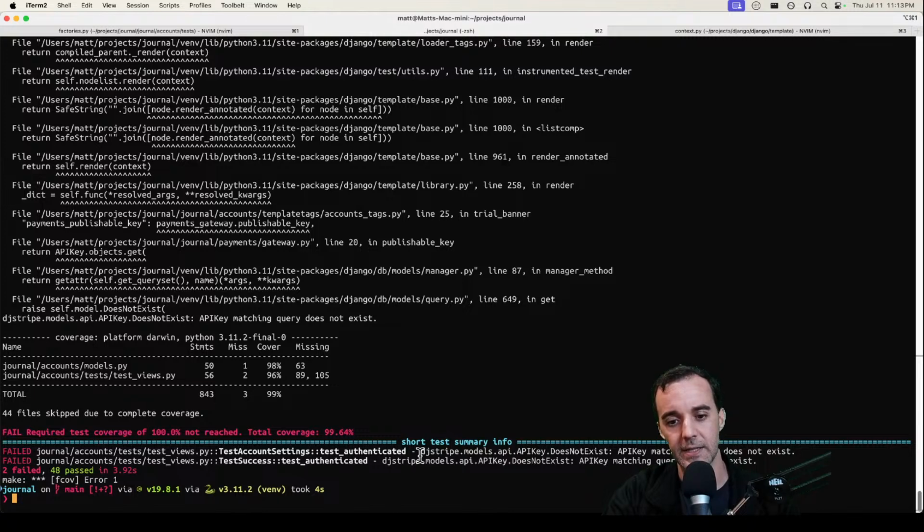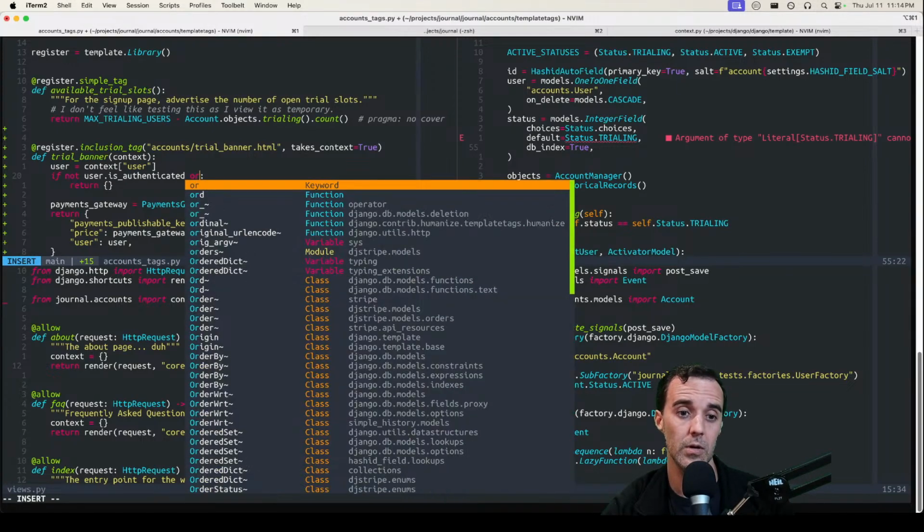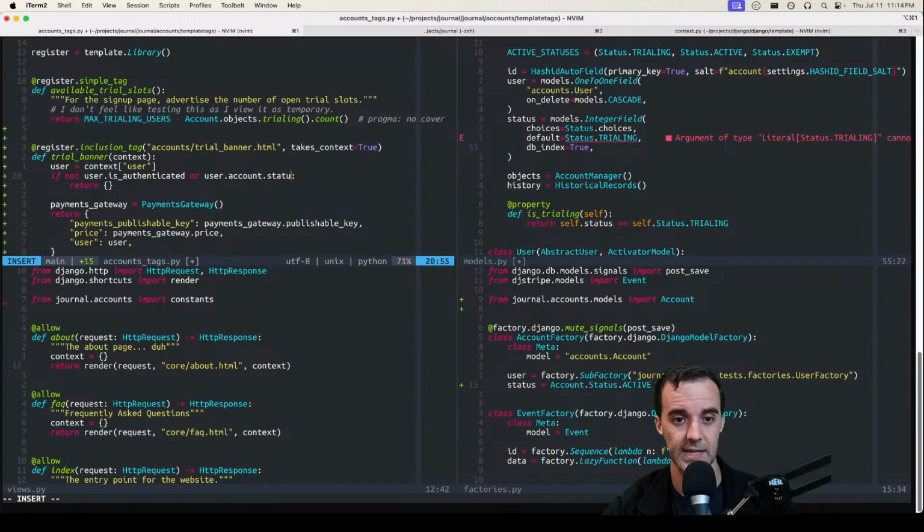And the impact of that is that the rendering now, it's still not going to solve this problem. We would get closer though. Because the last thing we could add is, if not user, what would we have to do to shortcut this? Or user.account.status